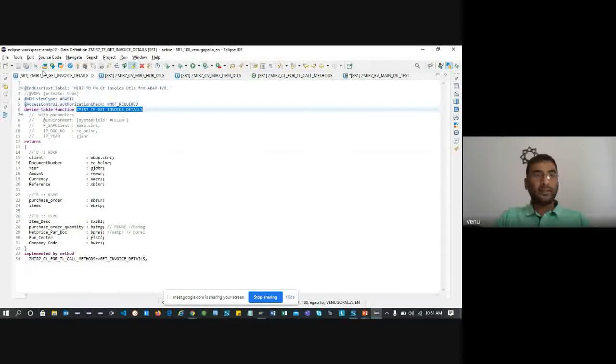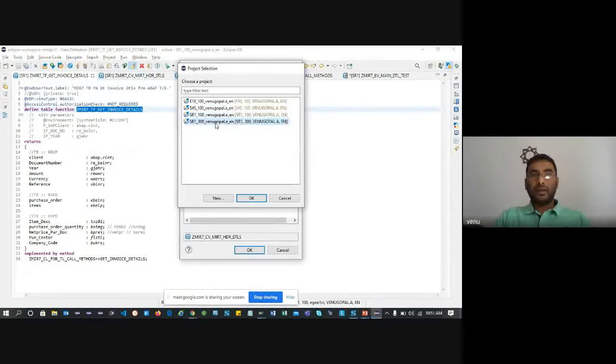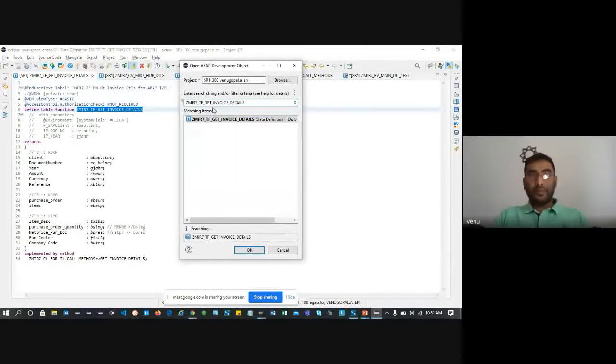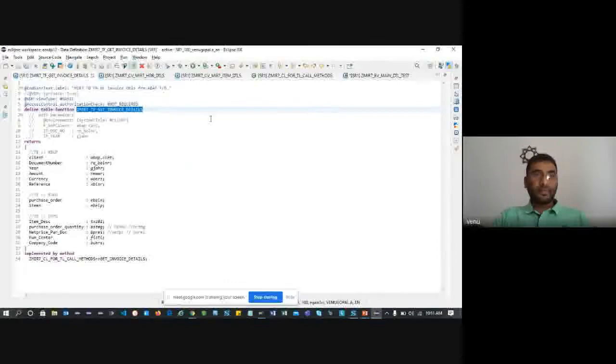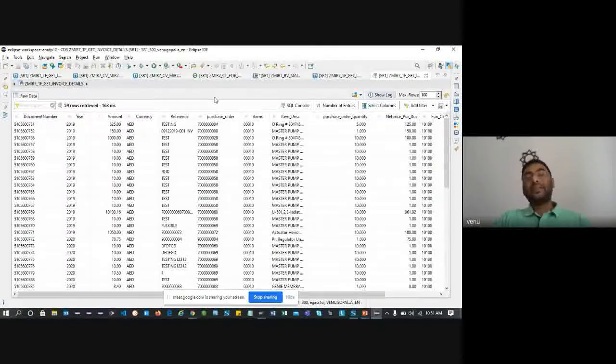Now if I run this, I'll open it in 100, I'll just open in 300. I execute this, and you'll get an output without asking for any kind of input parameters, right?